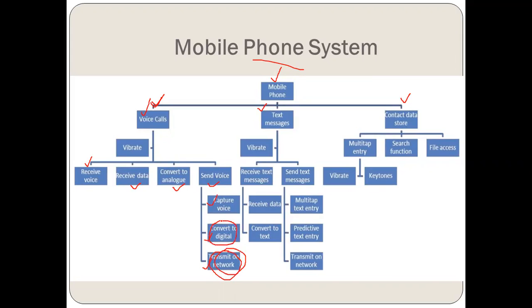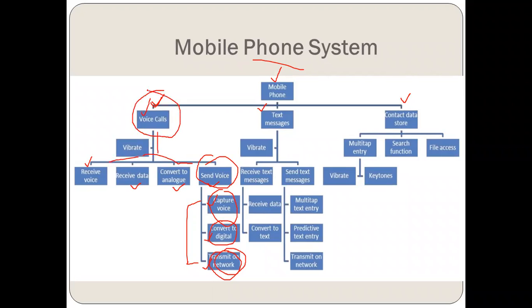Now here he has to only do what? Convert it into the digital form. Here he has to only capture the voice. These are the subtasks which are easier to manage, easier to define and code. Plus, they are very easy to test now. And then further, these 3 can be integrated, and they can work as the send voice module, right? Similarly, when all these 4 are integrated together, they can work as the voice calls module.